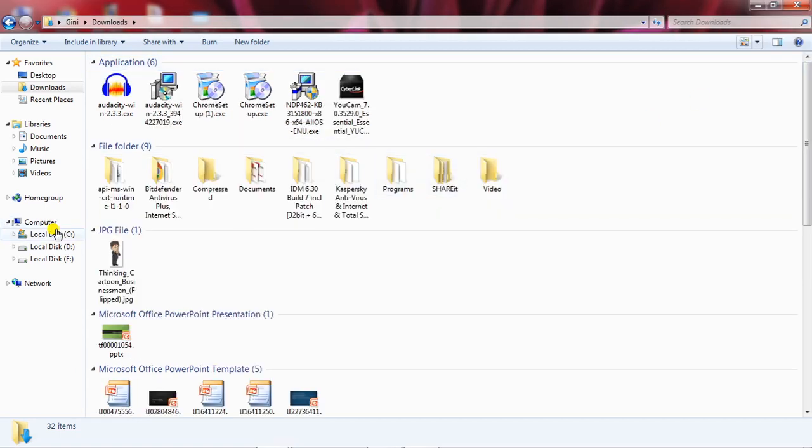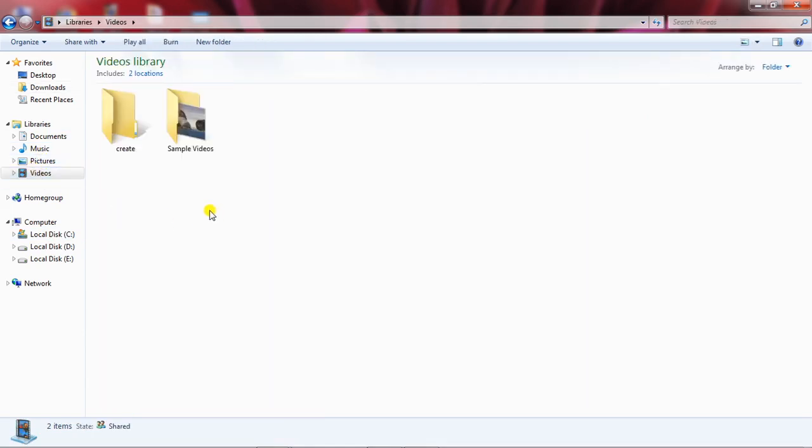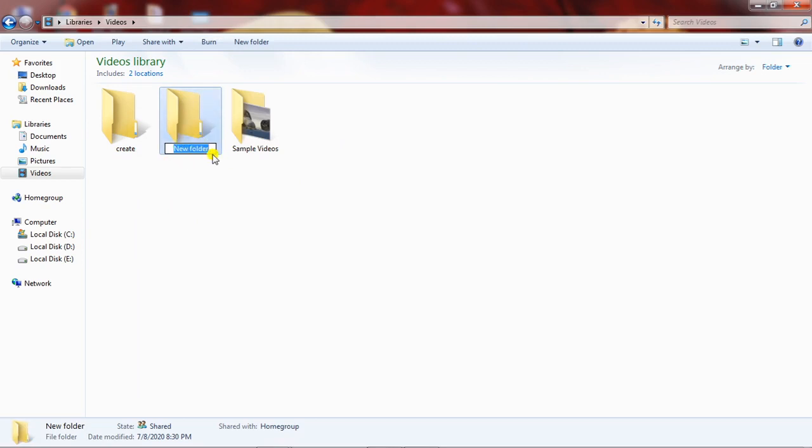Now I will show you how to create a folder. Let's click on this Videos folder. An empty folder has already been created, but still I'll show you how to create a folder. You can create a folder in two ways. If you're already inside a folder, you can use this New Folder option. If you're not inside a folder, you can use the right click option. I'll show you both. First click on New Folder. See, a new folder has automatically come. Press the backspace button to remove the name and provide any name, let's say folder 1.